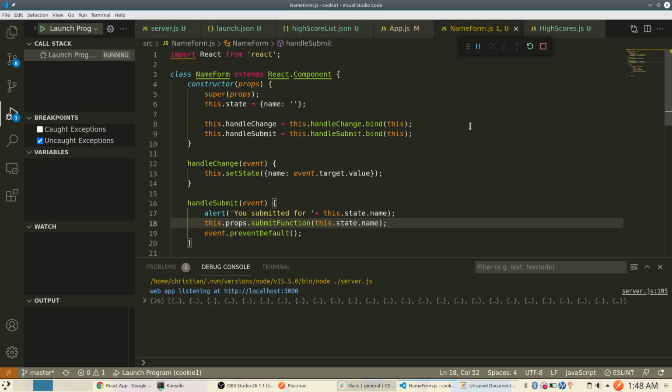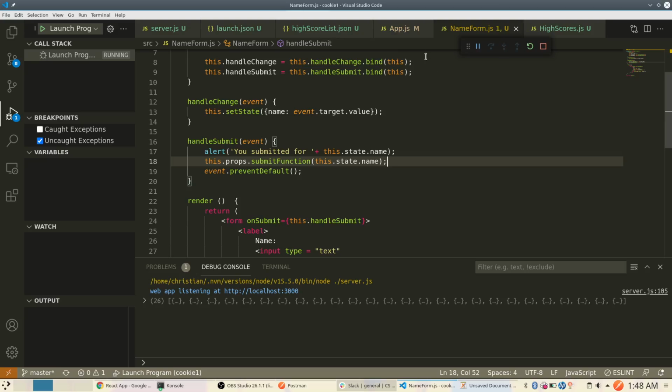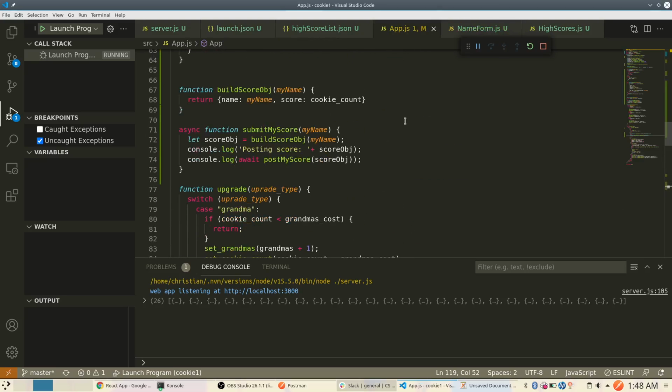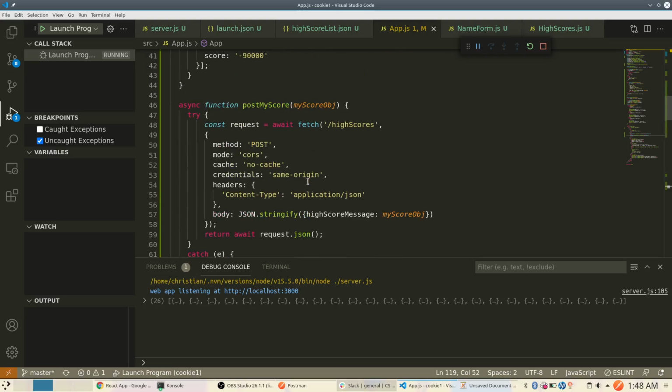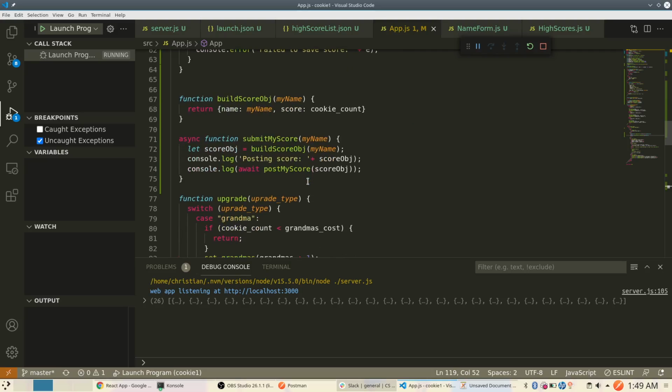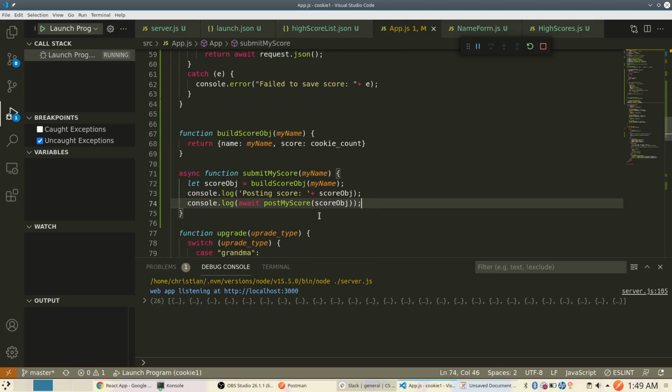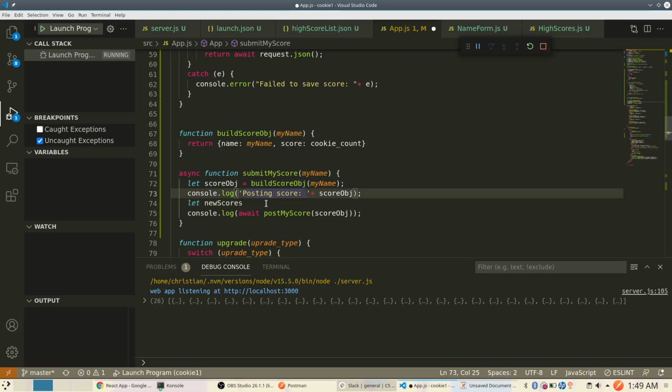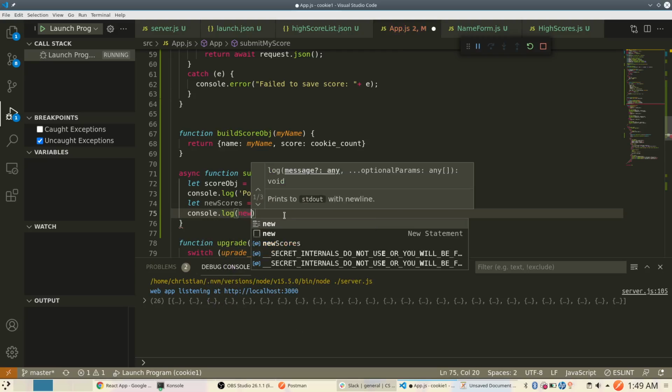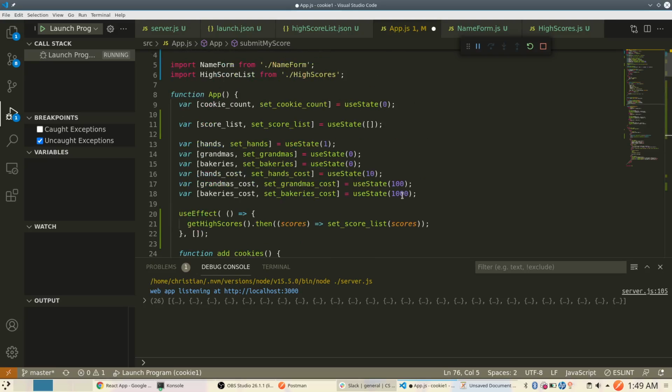And what we can maybe do is we have our app here where we submit our score, and we log this post my score JSON. But what if we could update our score if we did something like let new scores equal await post my score, and then we can console.log these new scores, and then after that we could run something along the lines of